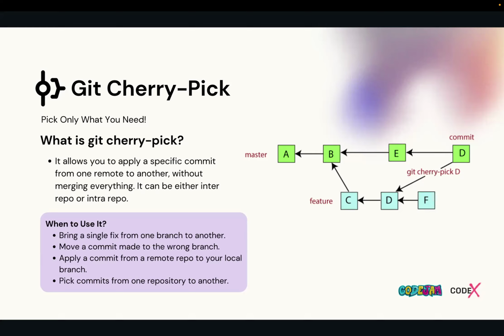So in that sense, they can add the shipping feature branch as a remote from repository B to repository A. Using git cherry pick, you can cherry pick that particular commit by giving the commit hash.